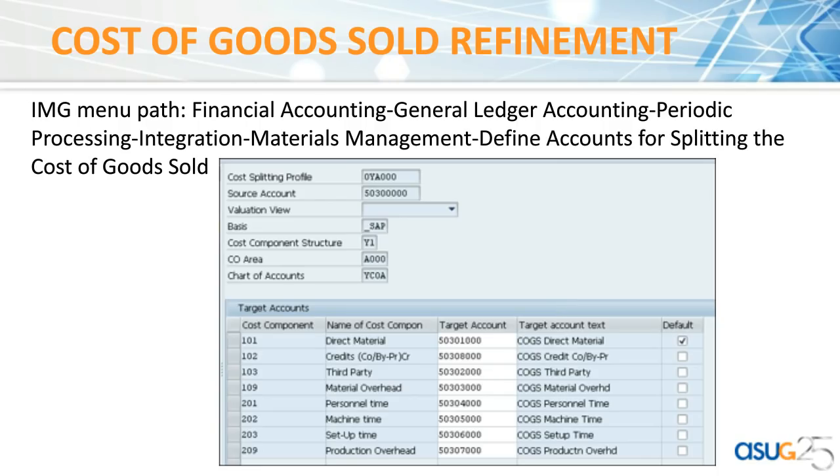So this is a screenshot of what the cost of goods sold refinement setting looks like in config. And I know that not everyone on the call today is technical, but sometimes a picture is worth 1,000 words, right? And you can see in this diagram that the left-hand column has a list of cost components that comes from my cost component structure, which has its roots in product cost planning. Each cost component can be assigned to a specific general ledger account number. And now, not only in the general ledger,